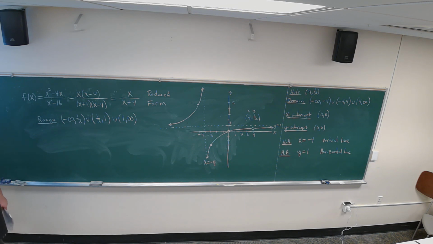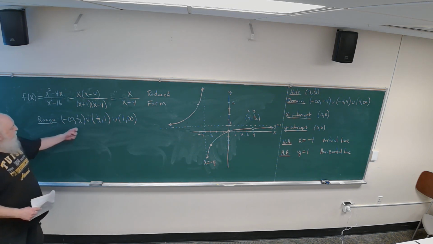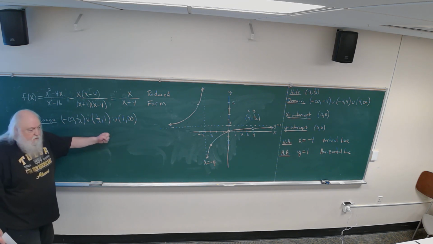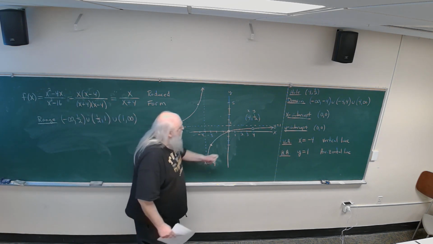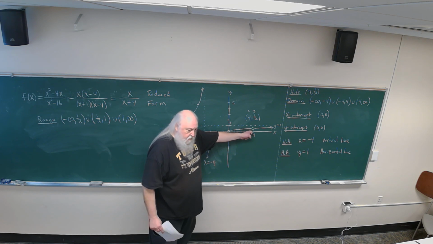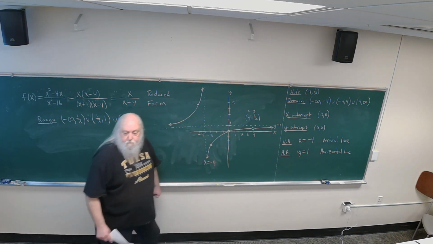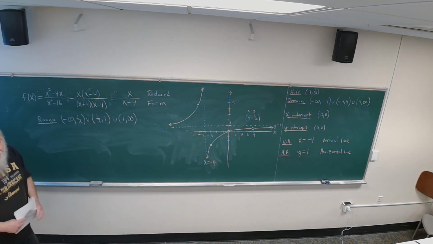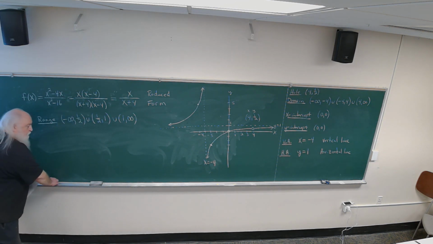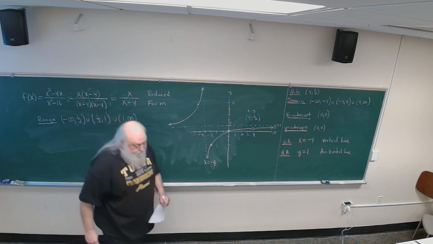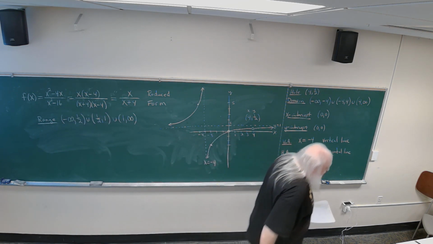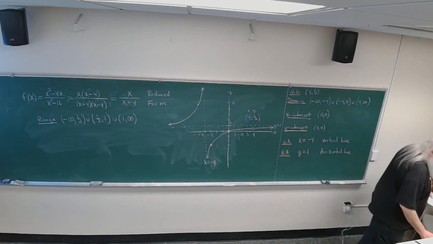So the range is all real numbers except for 1/2 and 1. And 1/2 isn't included because of the hole in the circle. And 1 isn't included because of the horizontal asymptote. Any questions on that, ladies and gentlemen? So if you flip over your page to the next page,